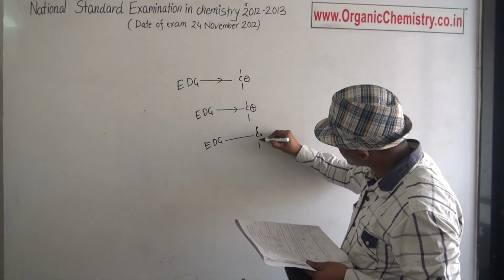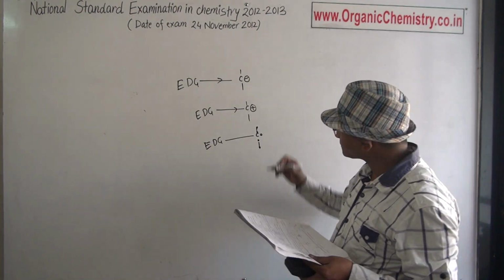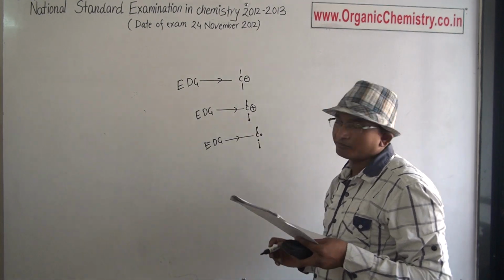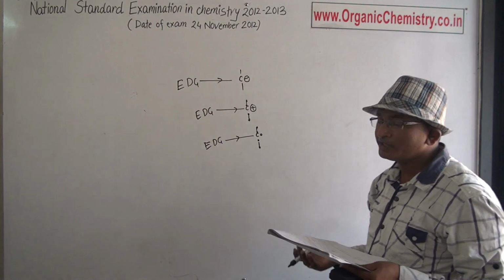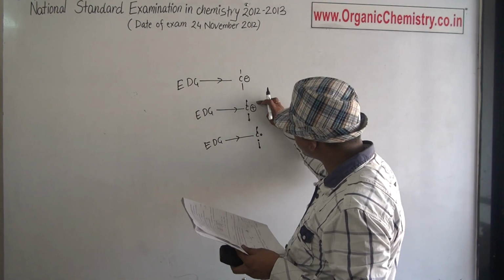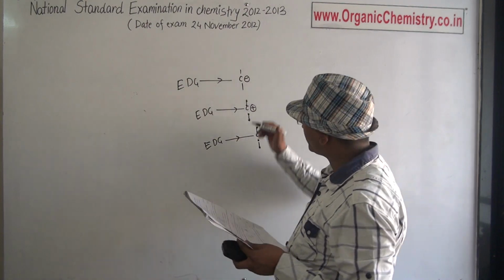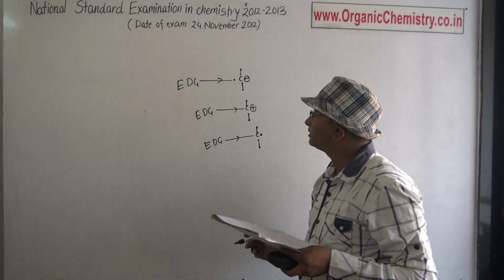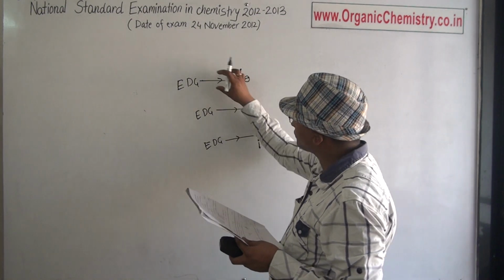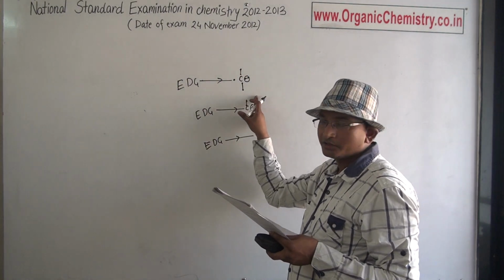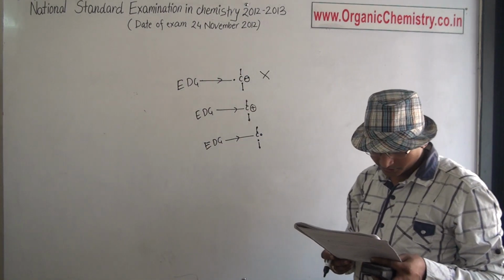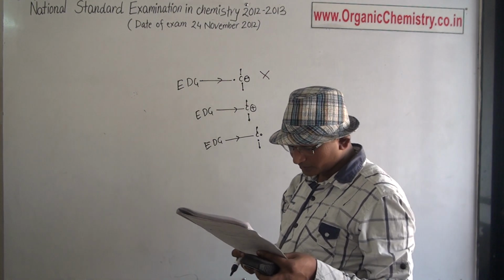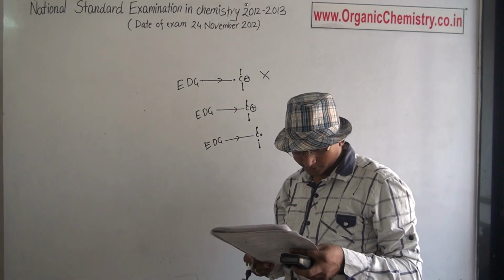As this particular one has 7 electrons in its octet and this particular one has 6 electrons in its octet, an electron donating group of any form, maybe +M or +I, or hyperconjugation, stabilizes the carbocation and free radical. But as this carbon has 8 electrons in its octet, the electron donating group repels this negative charge, so its stability decreases. So the answer of this question: the electron releasing group will not stabilize the carbanion. That is option A.